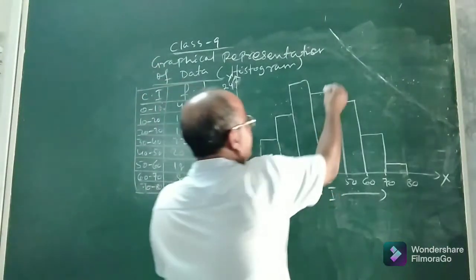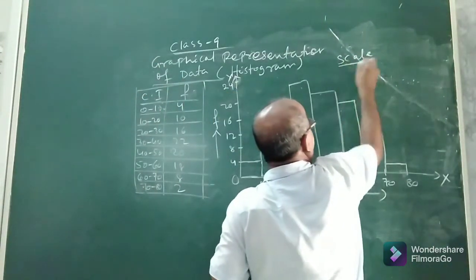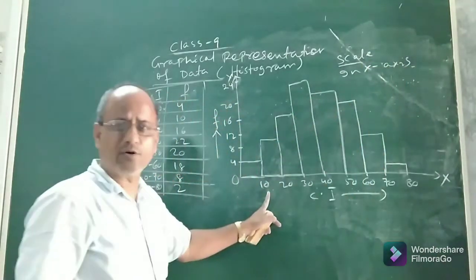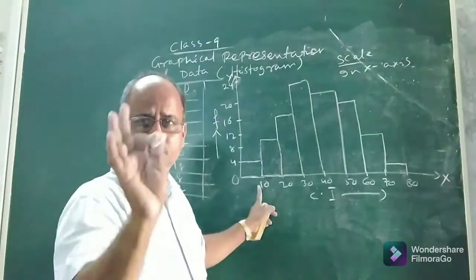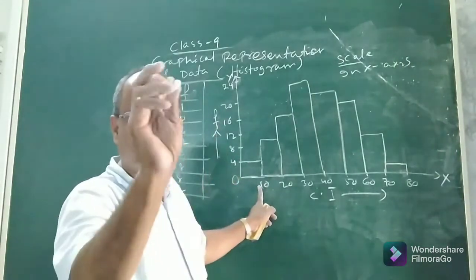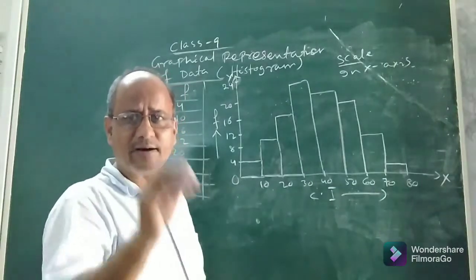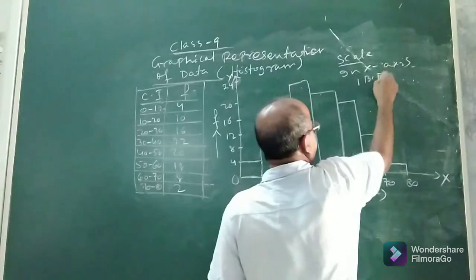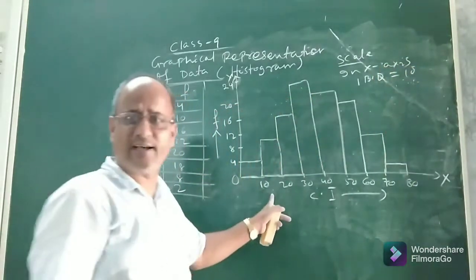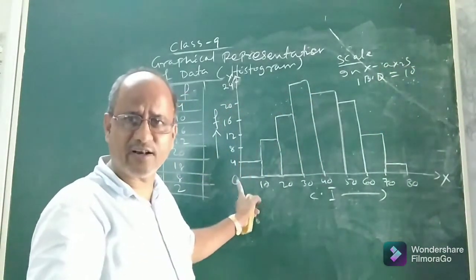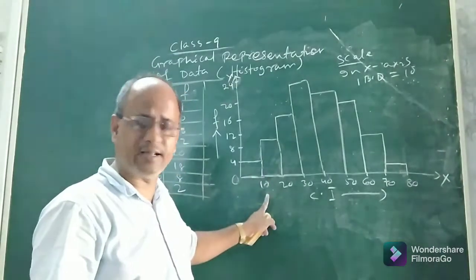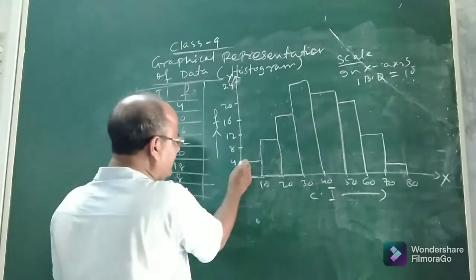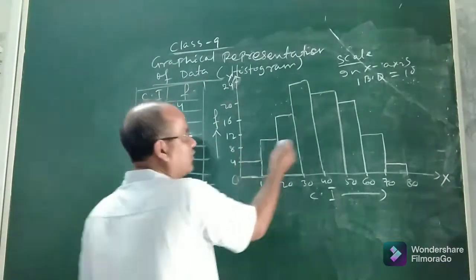Now the scale you may choose in this manner. See, in x-axis, look at 0 to 10, one big division. You know what is a big division? One big division equals 10 small squares. Suppose in x-axis, one big division equals 10. I have taken 10, you see. 0 to 10, the difference is 10. Suppose from here to here, one big division, 10. Then the next big division will be 20, next 30. Okay, you know all these things. And in y-axis, see, I have taken one big division equal to 4.